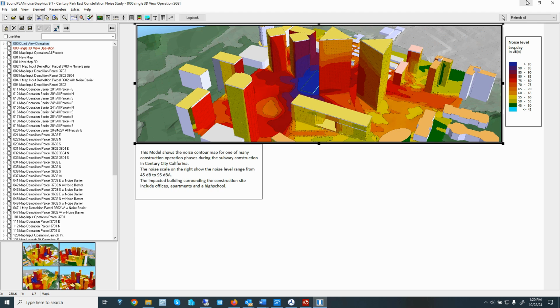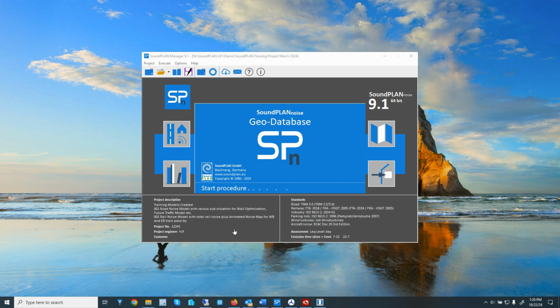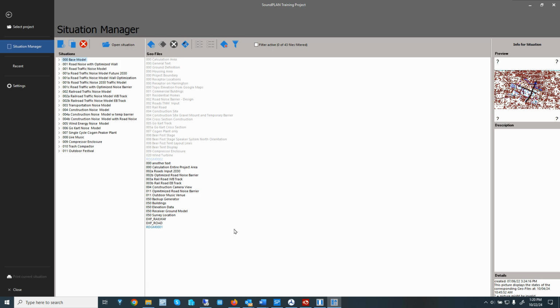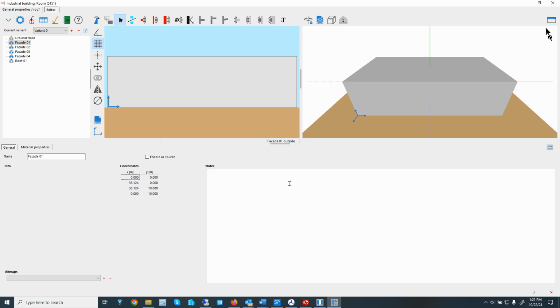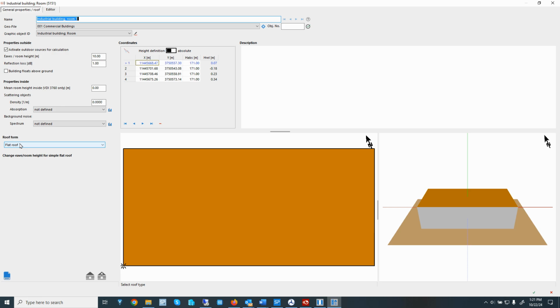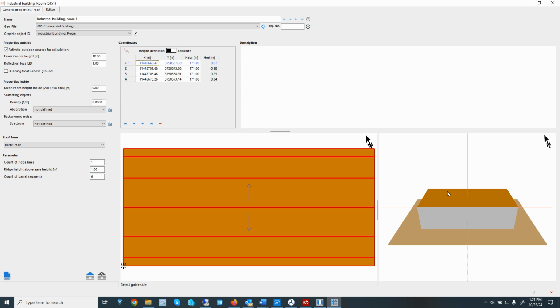That almost ends my video here. I just remembered one last thing that I wanted to cover, and that is in the industrial building we have a new roof option for buildings. So we open up these. There's an industrial building here, and in the general properties we can set up different roof layouts: flat roof, saddle roof, shed roof, and now also a barrel roof.